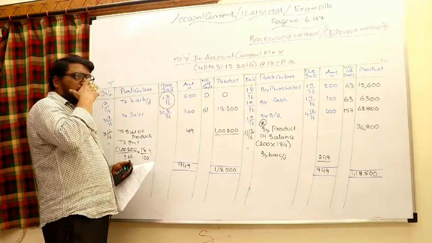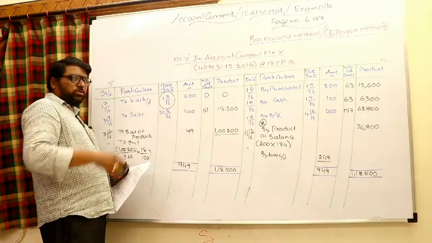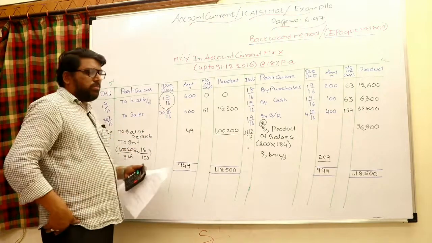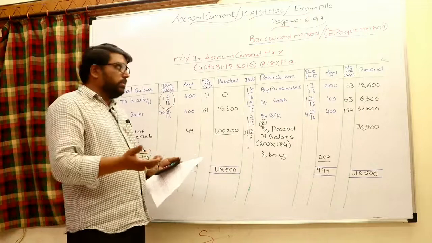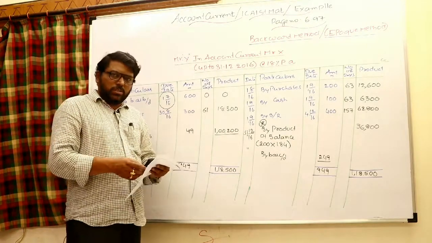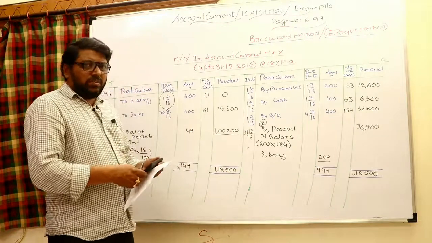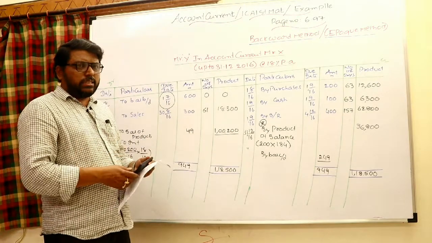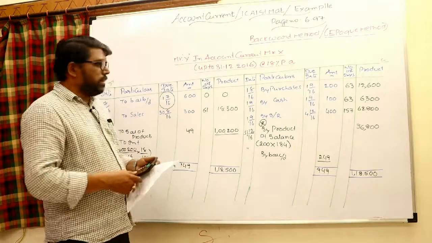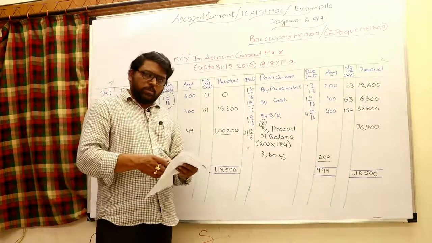Obviously, in the forward method, opposite to the balance of product we used to write interest, but here you have to write it on the same side. Just balance carry forward, brought forward. And generally in a leap year you may take 366 days, in a normal year 365. Even in a leap year, if you take 365, there is no problem, and you can make a note for that. Okay, right. So bye. We can discuss the next problem in the next class.